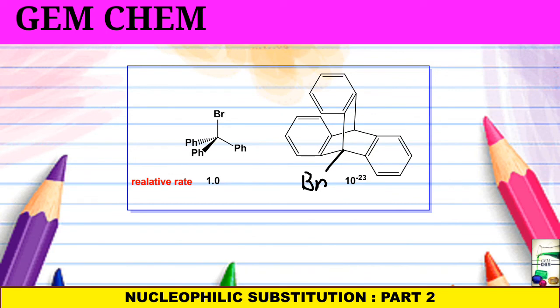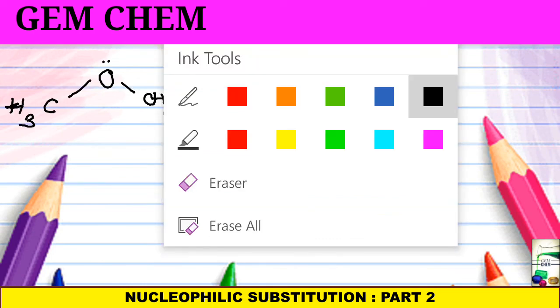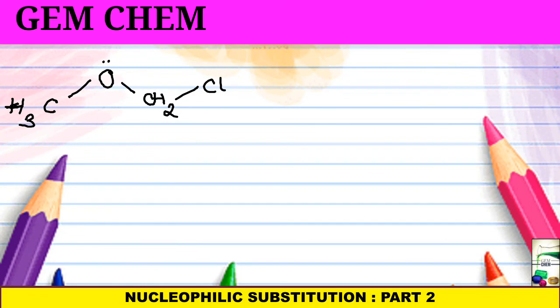Now another thing which is very important in this case is the alkyl chloride known as chloromethyl ether, that is CMME, or methoxymethyl chloride, which reacts very well with alcohols to form ethers. It is a primary alkyl chloride and we might think that it would undergo an SN2 mechanism, but in fact it undergoes SN1. Though we think that there will be SN2, an SN1 reaction occurs. Why is this so? Because of the stability of the carbocation.